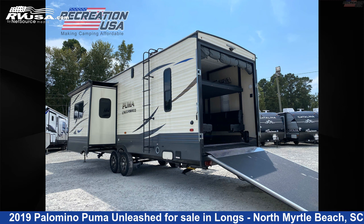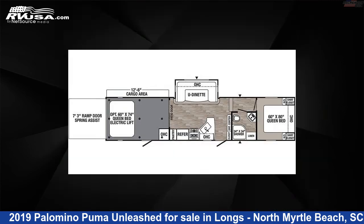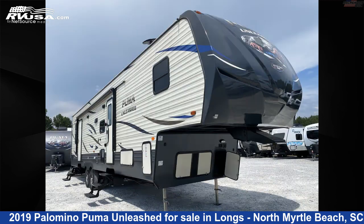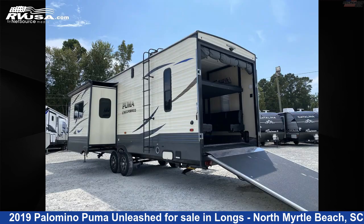This 2019 Palomino Puma Unleashed 373 QSI is a toy hauler RV. It is located in Longs, North Myrtle Beach, South Carolina, 29568 and is offered for sale by Recreation USA. This used Palomino is 37 feet 11 inches in length and features one slide-out, sleeps 8, spare tire kit, DVD